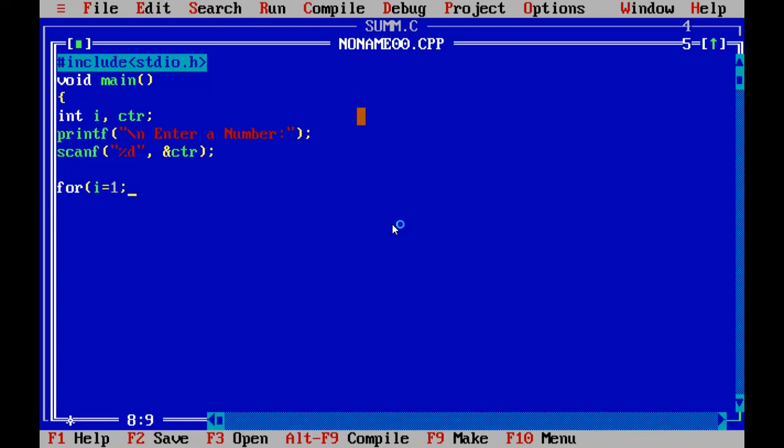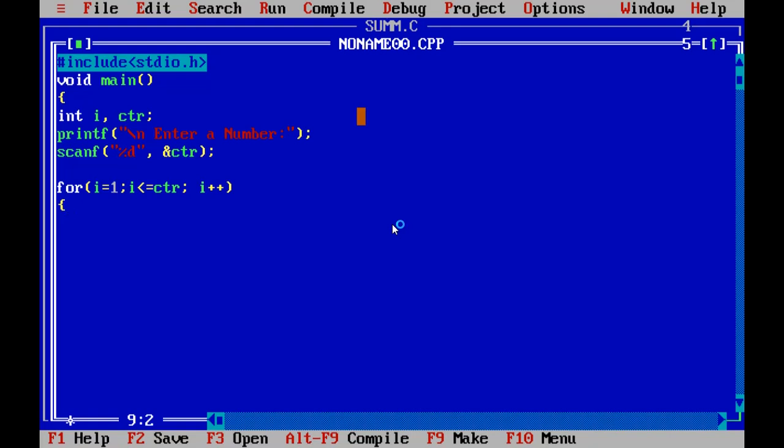In the second part, we check the condition, i less than or equal to ctr. We store the number in the ctr variable, and we check whether the i value is less than or equal to ctr. In the third part, we are incrementing the i variable. This is the for loop statement.